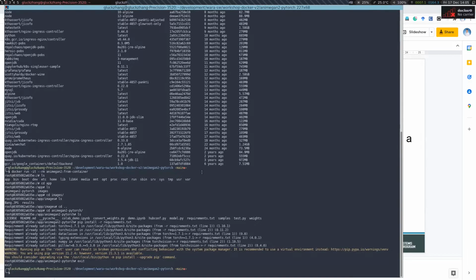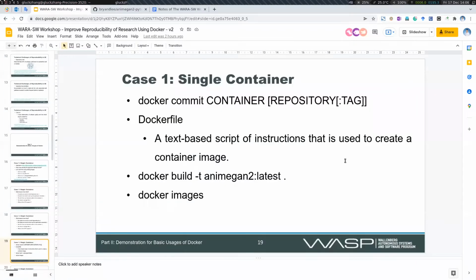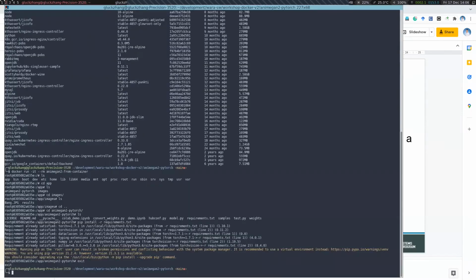So this is an example for you to feel how we can create our own containers. This container can provide you the full running environment, and actually this has already addressed lots of our problems. If we have the running environment locally and we want to invite our teammates to try our project, I just run the container and install everything, and then I commit this container to an image, right? And then I push this image to the Docker registry so that others can feel free to pull the image